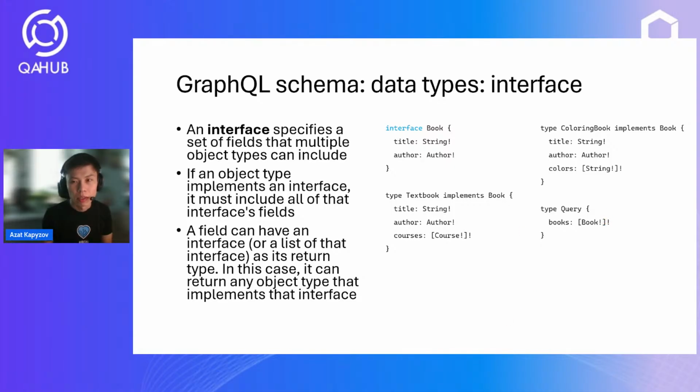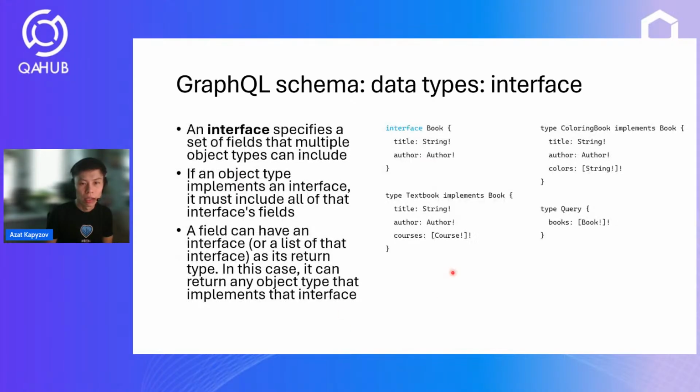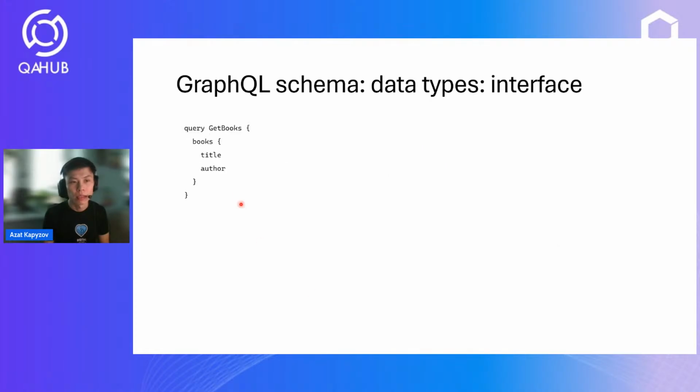Okay, so if we go to our query, we can use something like this. Query get books, and for each of them we can get title and author, since all the types in our schema have these two fields, title and author. So we can just query those data. But what if we